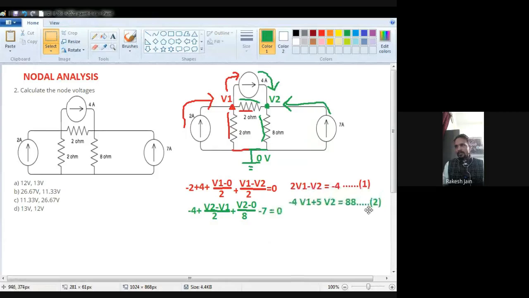So there is no meaning to write down this one now. I just remove this one. Okay, so this will be like this. So now see how many V1 are there. Only minus 4 V1 is there. Minus 4 V1. Okay. How many V2 are there? 4 plus 1, 5 V2 are there.